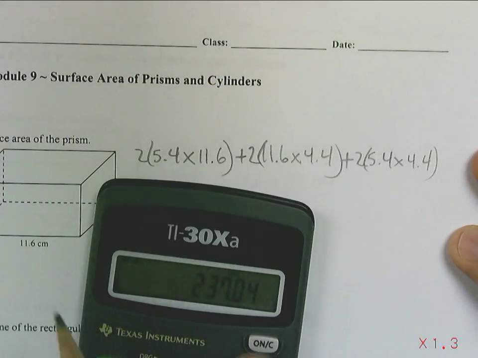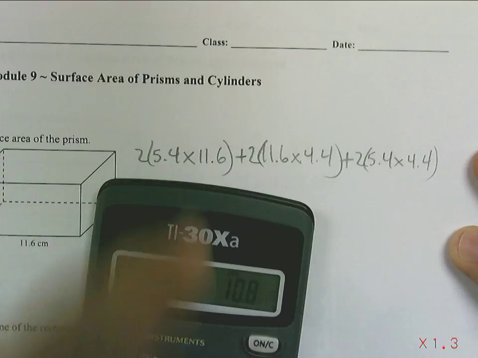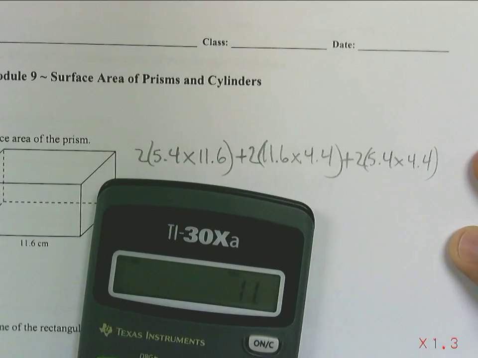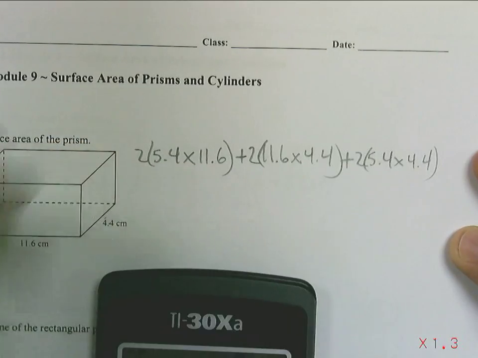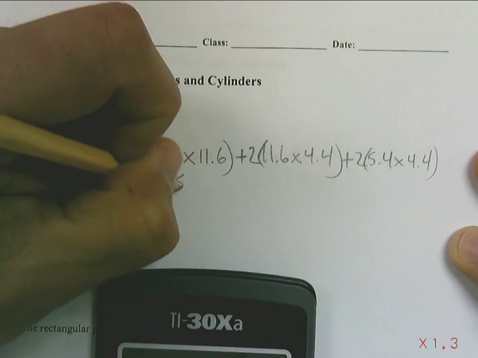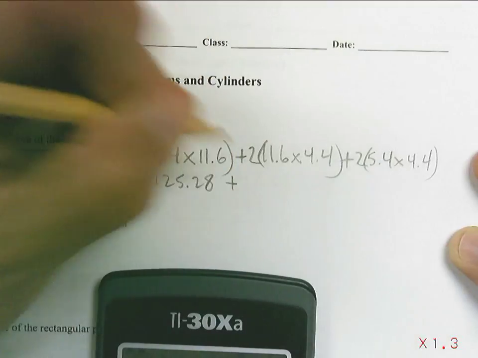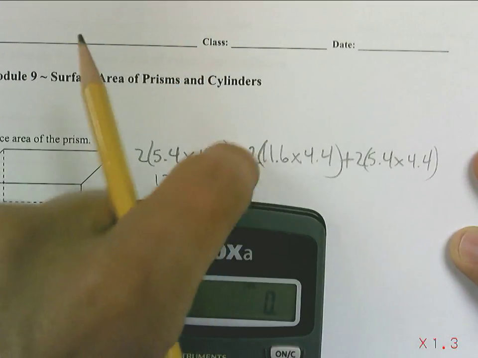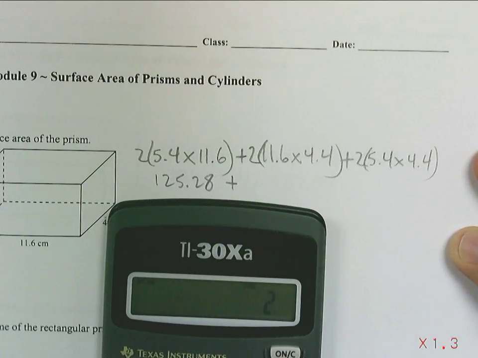So 2 times 5.4 times 11.6 is 125.28. Plus 2 times 11.6 times 4.4,